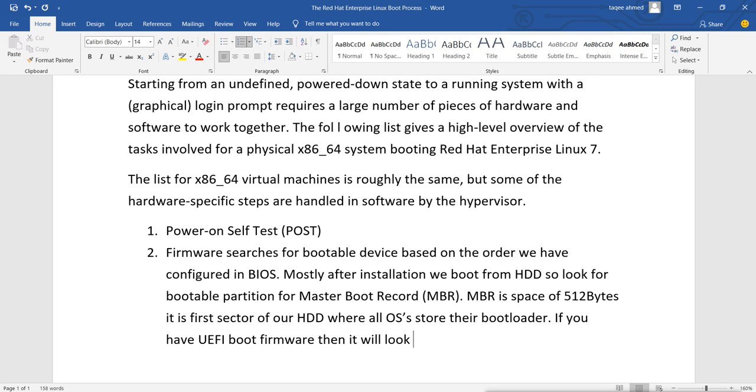Instead it will look for the EFI partition. All the bootable files required for the bootloader are basically in the EFI partition. So it will look for the bootloader in that EFI partition.